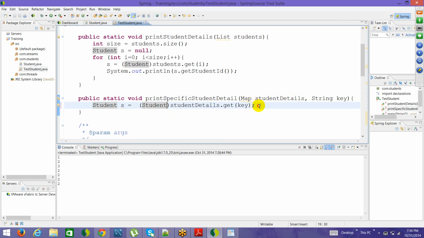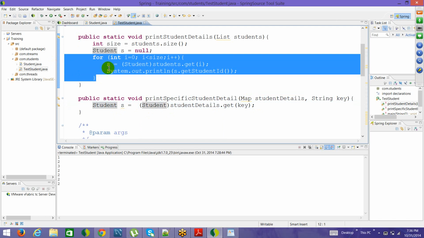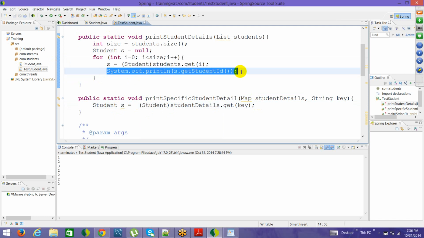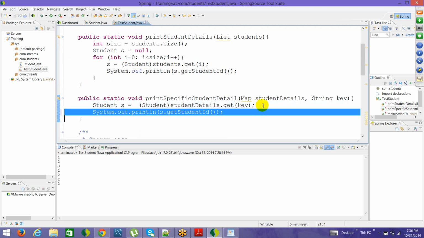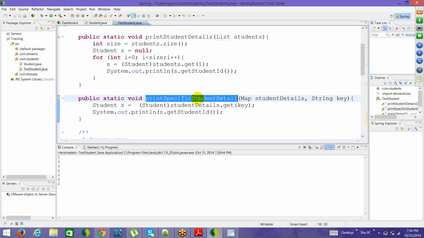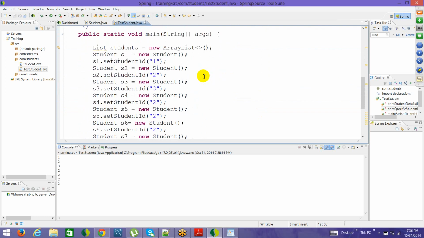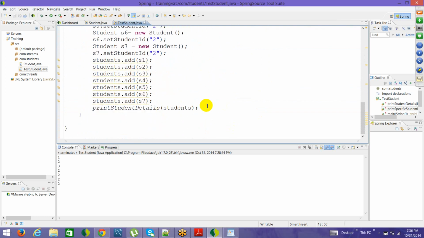Now for printing you can use the same piece of code again, right? This one, because you already have the student object, so you don't need anything else. This one you can use. And here, when you're calling it, instead of this one you have called,